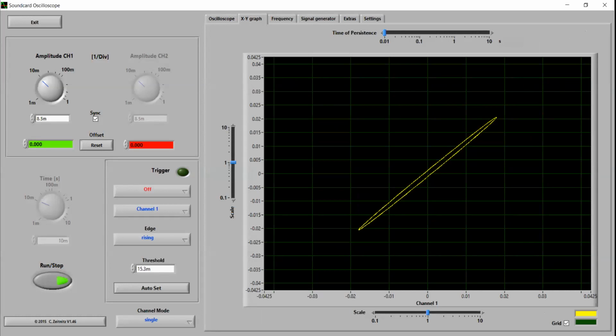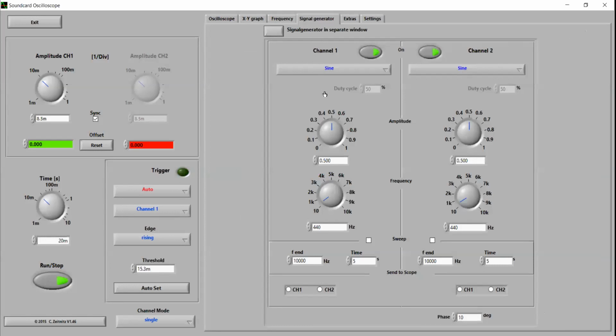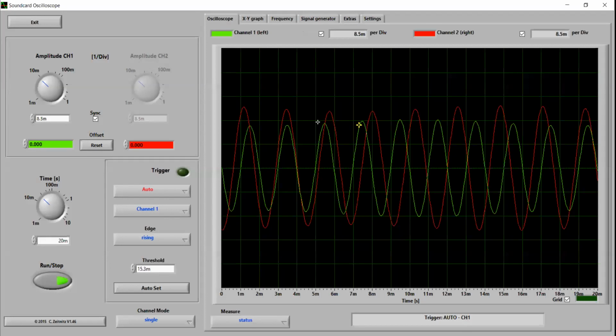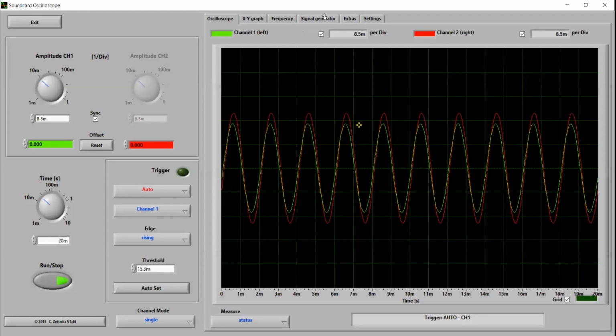Now just go to the signal generator again. So this frequency is 440 Hz, right? You just keep frequency 500. No, don't go there. Just go to this xy plot.